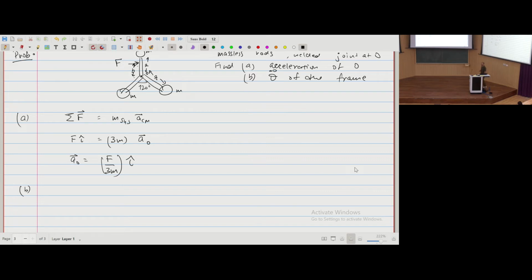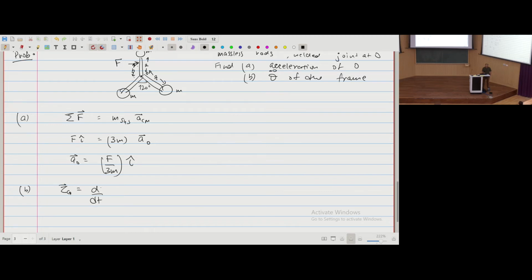Now the next is we have to find the angular acceleration of the frame. It makes sense we work with the torque relation. In this case, you have to choose whether you would want to calculate the torque or the angular momentum about a fixed point or the center of mass. So we will choose the center of mass, because we just now proved that torque about the center of mass